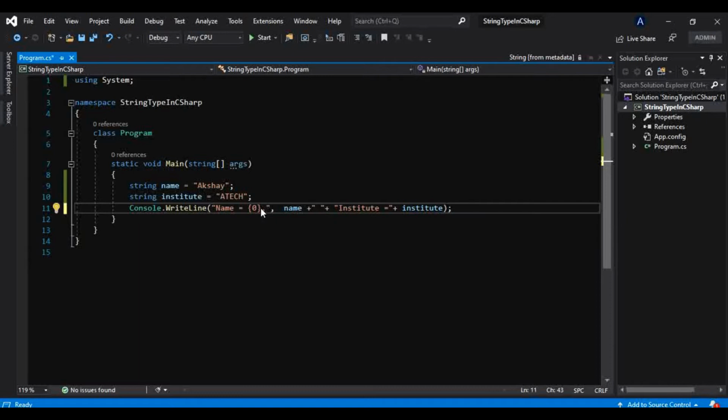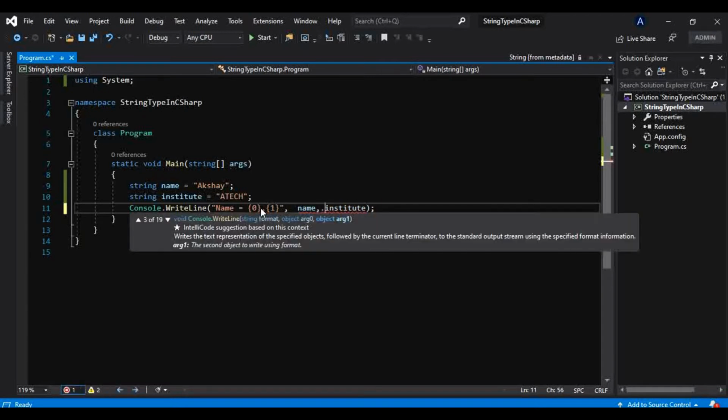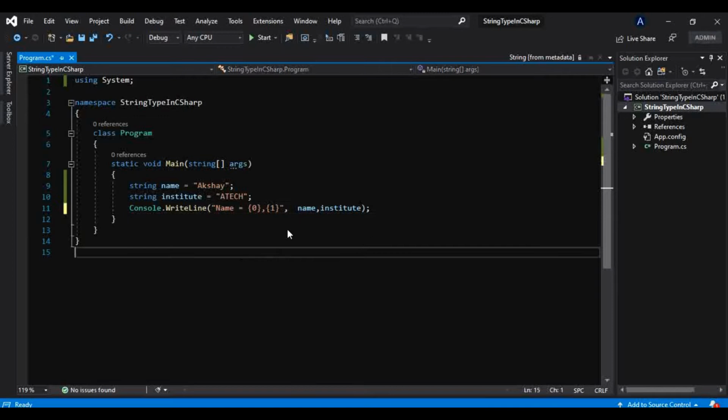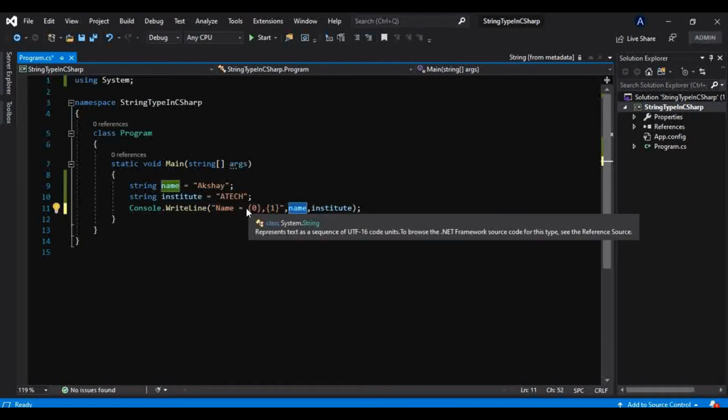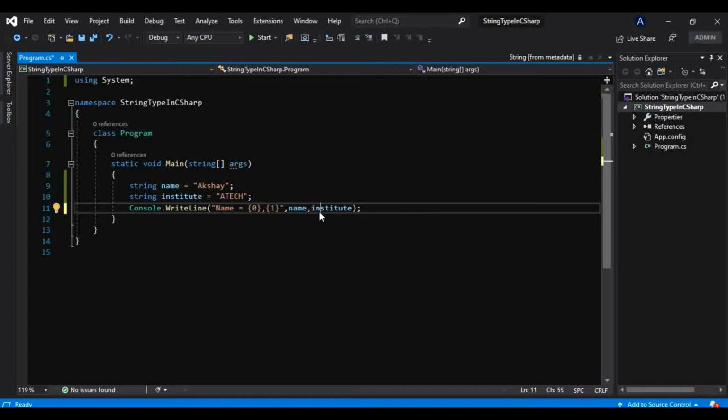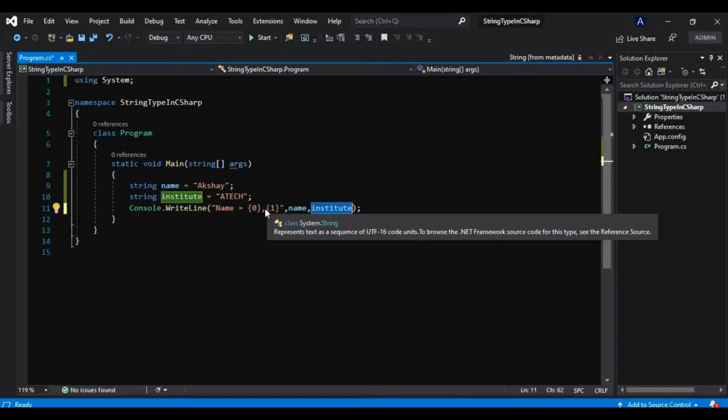And on the second position, I want this institute to be printed. So just put a comma after this, and whatever comes after this comma, that is in the first place, will be replaced by this placeholder, and after that whatever comes after this comma will be replaced by the next placeholder, and so on.